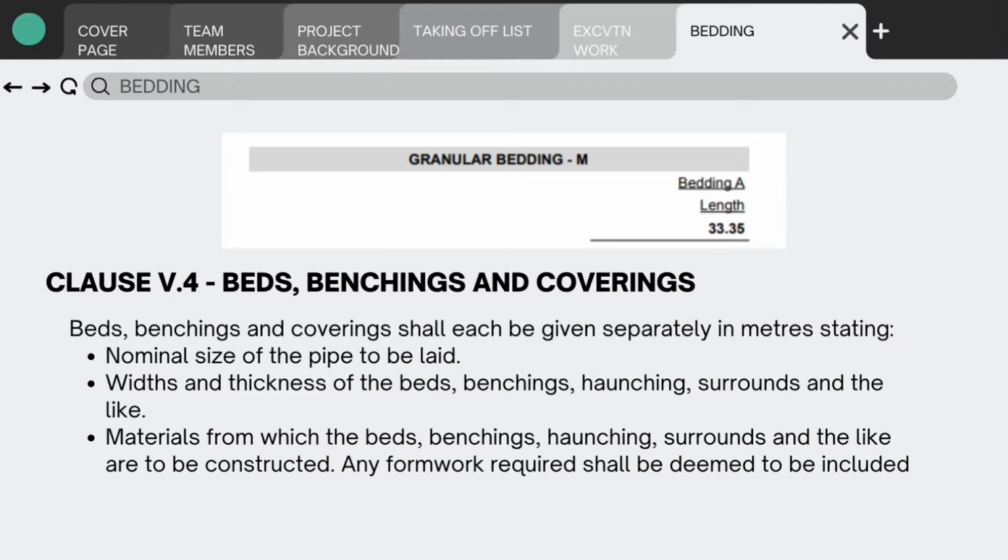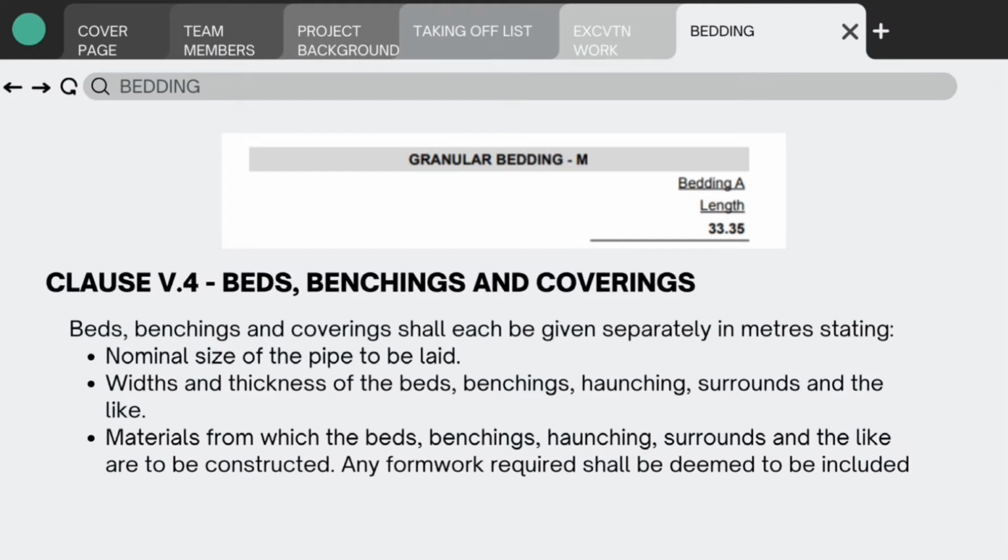Bed, benching and covering shall each be given separately in meter, stating: A, nominal size of the pipe to be laid; B, width and thickness of the bed, benching, haunching, surround, and the like; C,